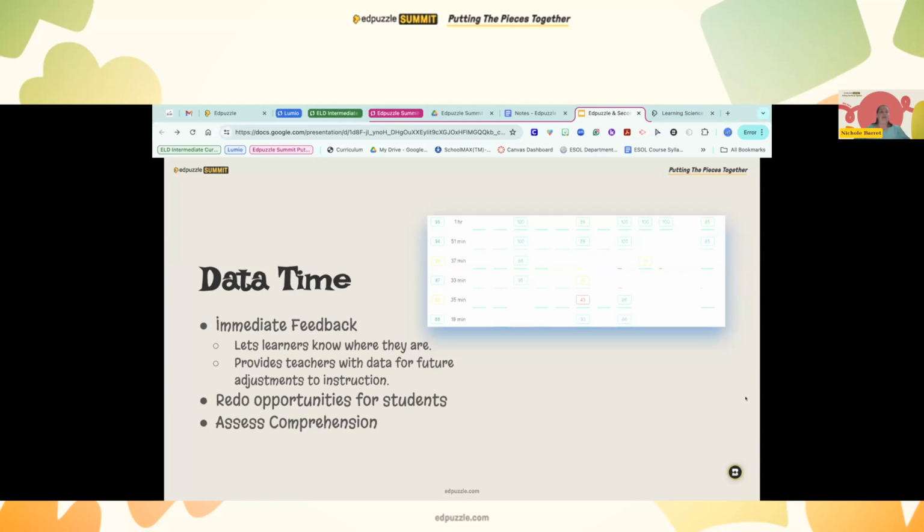I don't take every Edpuzzle for a grade in my gradebook. So I can look here and see not only how much time the kid spent, but how much they're getting out of it. Sometimes I don't grade all of it. Sometimes I look at it and go on. It gives the students the opportunities for redos.